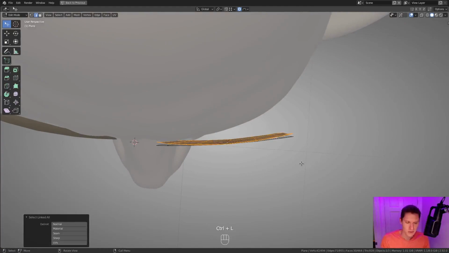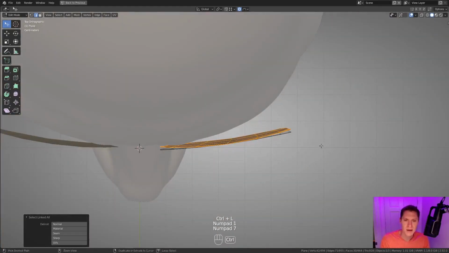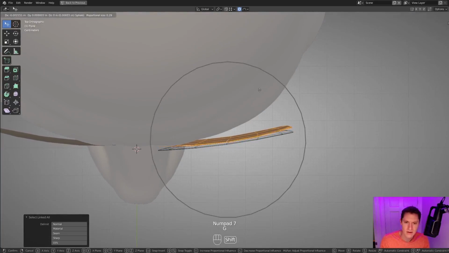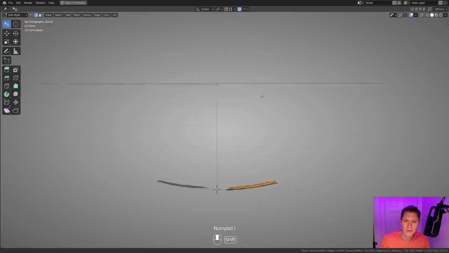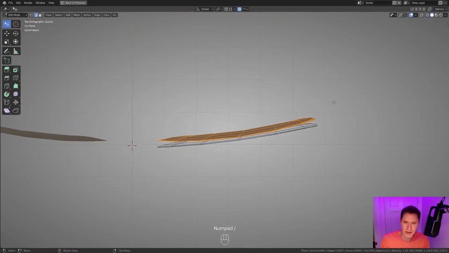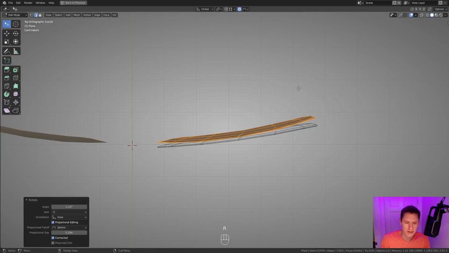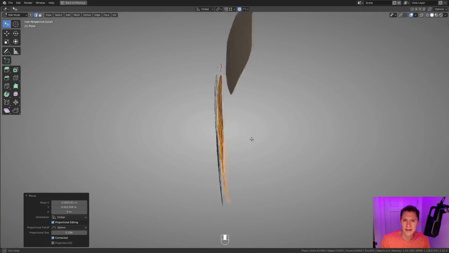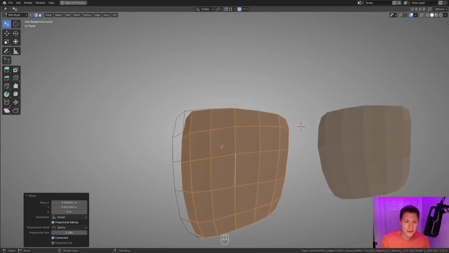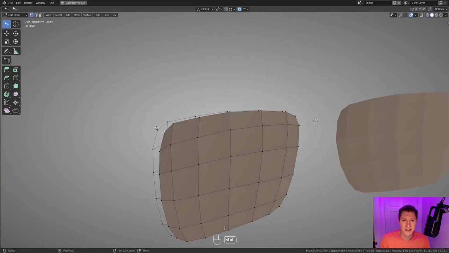All right, so let's look from the top view. Let's go to local view. Now you should be able to see that. And then looking at my glasses, it is a little bit thicker on the outside. So if I rotate from the top view, it's a little bit thicker on the outside, thinner on the inside. And that should be a pretty good representation of glasses.